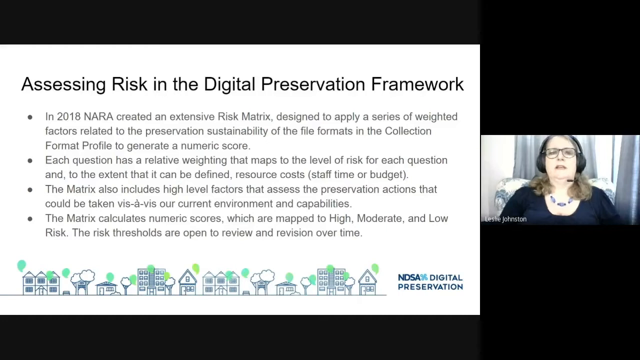In 2018, we created a risk matrix, which was designed to apply a series of weighted factors related to preservation sustainability of file formats in that collections format profile. And we used those weighted questions to generate a numeric score. So each question has a relative weighting that maps to the level of risk for each of the questions, and to the extent that it can be defined, resource costs, whether those be staff time or budget,